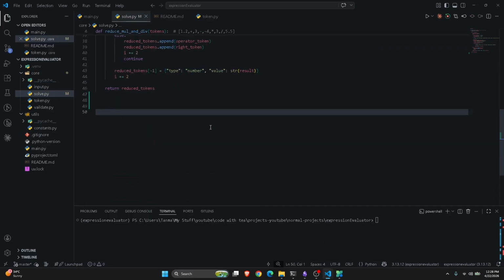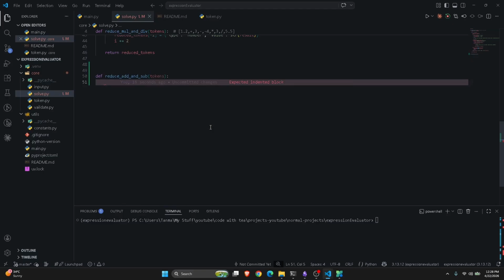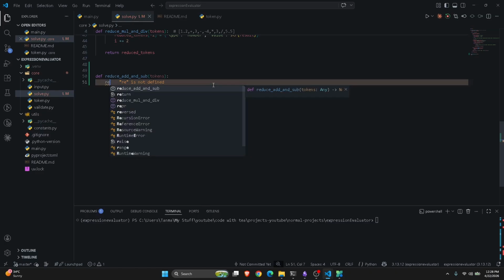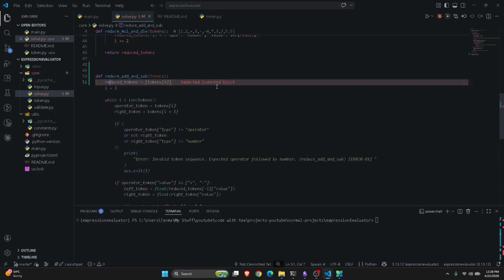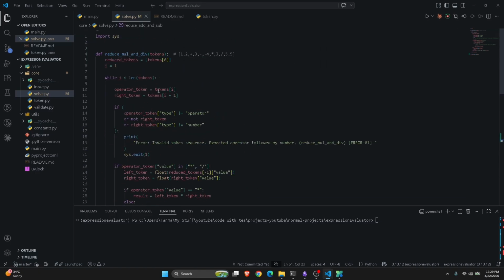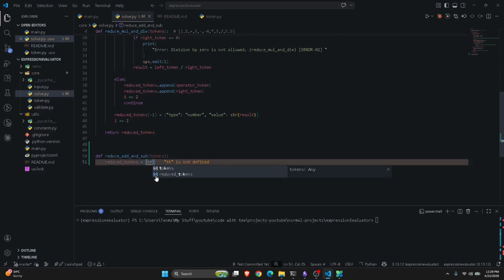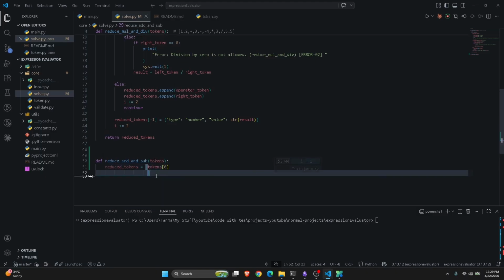Now let's create a function reduce add and subtraction. Again we have to do it in the same way. We have to take the reduce tokens, we have to get the first. We have to store it in list. So I messed up here, I think. Yeah, I'm not storing it in, yeah, I'm storing it in list. Yeah, perfect. And then we have to get the tokens. We have to get the first token, and then here,